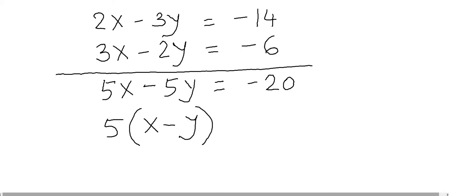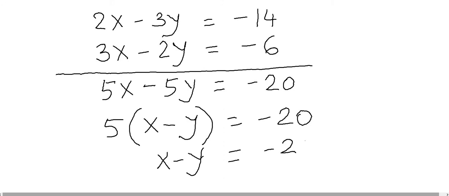So 5x minus 5y is equal to 5 times x minus y, which is equal to minus 20. So from here then, what is x minus y? It will be minus 20 divided by 5,